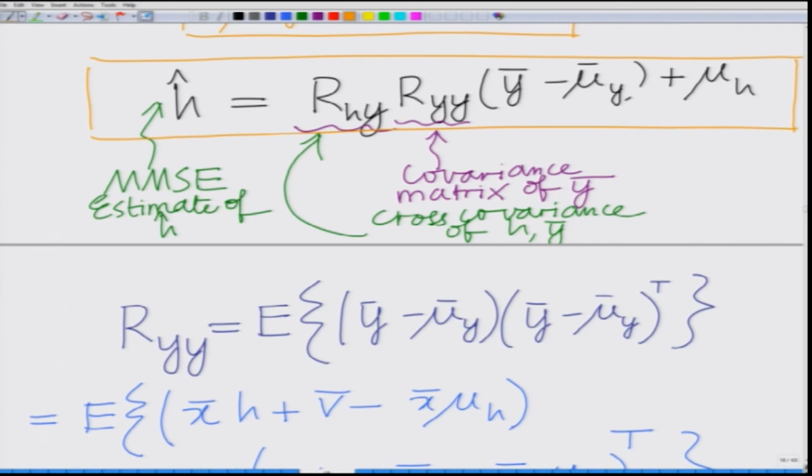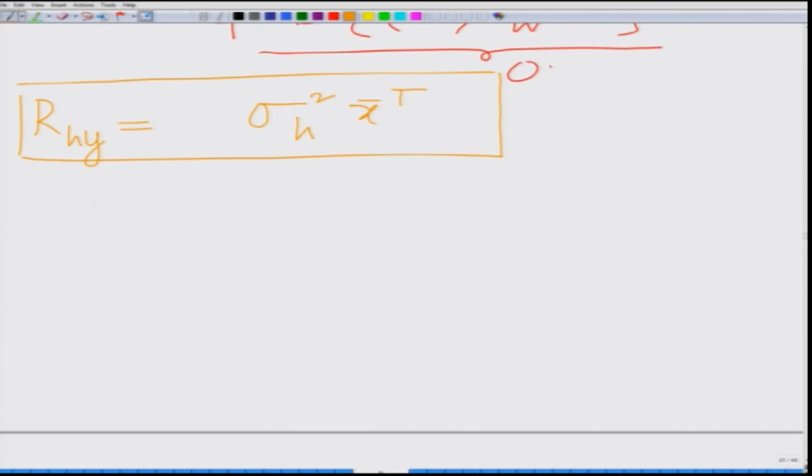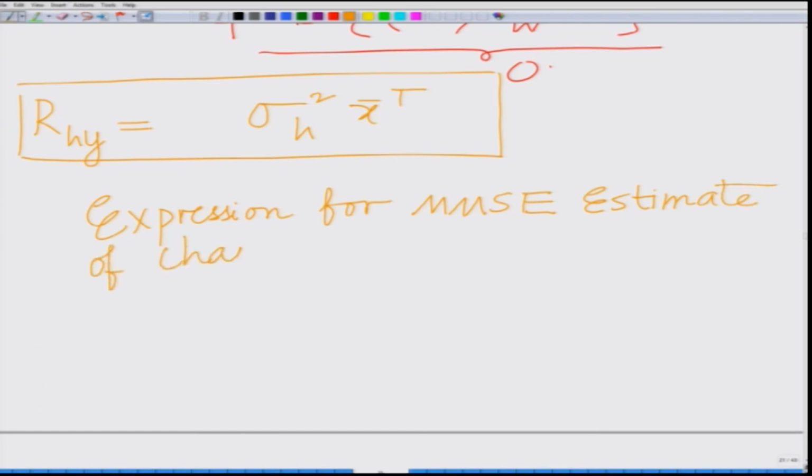So, basically the final expression for the MMSE estimate of